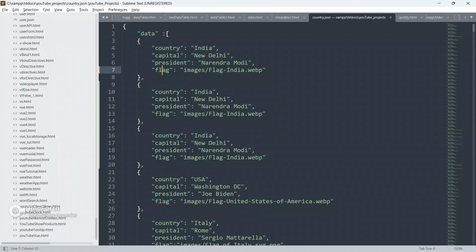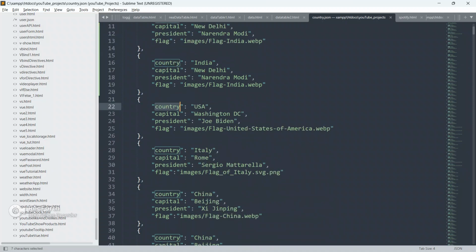I have already explained that the JSON file is always in key value pairs, and key and value are separated by a colon. So the country is India, capital is New Delhi, president is Narendra Modi, flag is this.